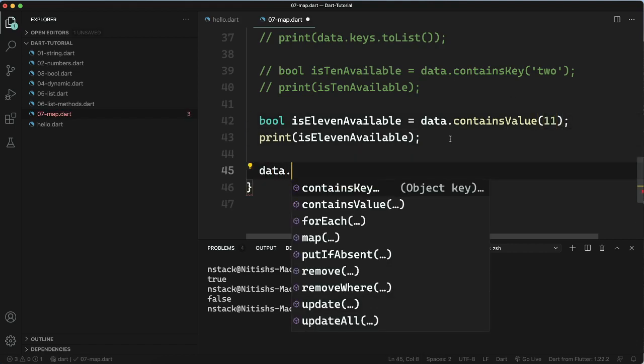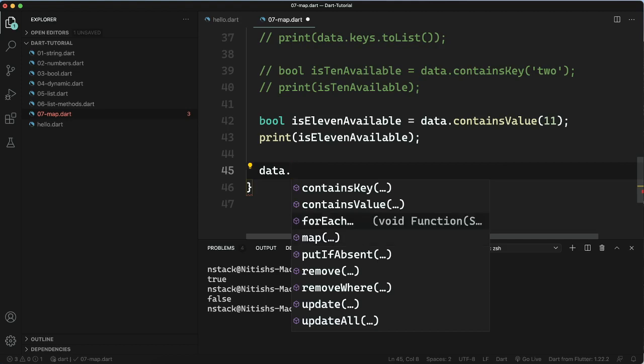So let's see if there is anything important which I am missing. Again, there is map inside it, which is not very important, so I will not talk about it. Map is only important on list. Most of the time people use that, but probably I will make a separate video on it if I feel that it is important.